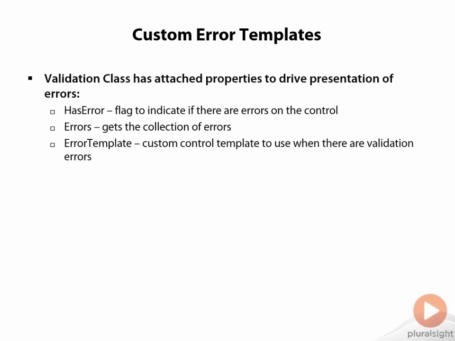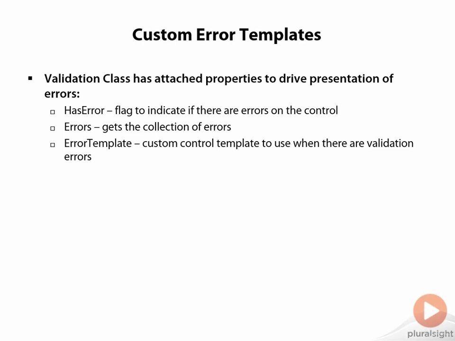As you've seen so far, WPF controls have a default error template, or rendering, that it shows when there are validation errors, which is a red box around the control. But it doesn't display anything about the error messages themselves, and you might not always want to use a red box. So the validation class has a number of attached properties that will allow you to drive the presentation of